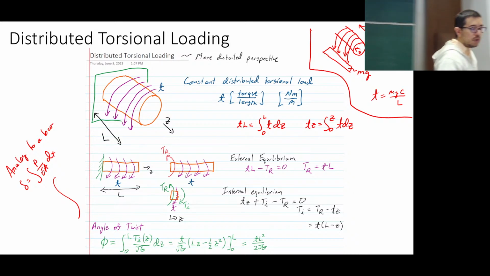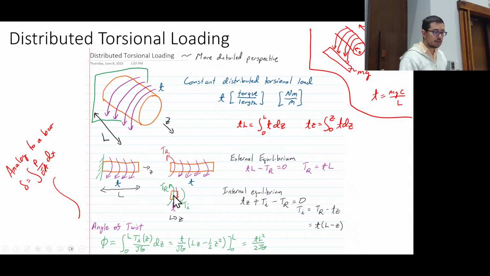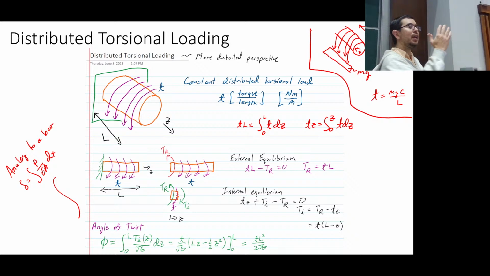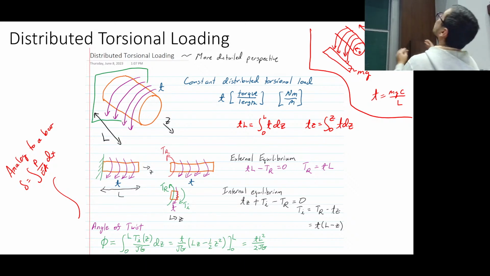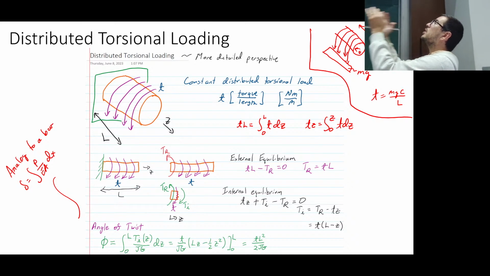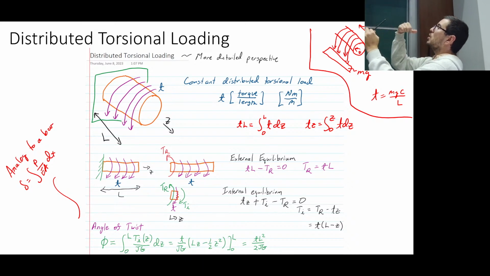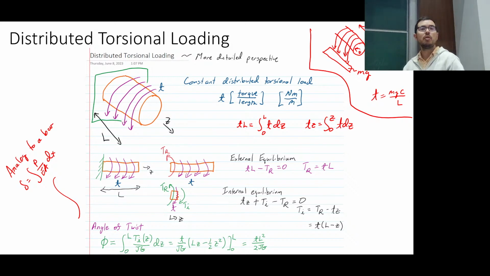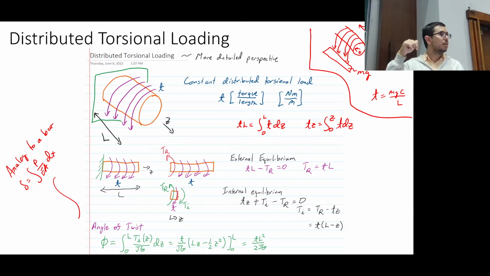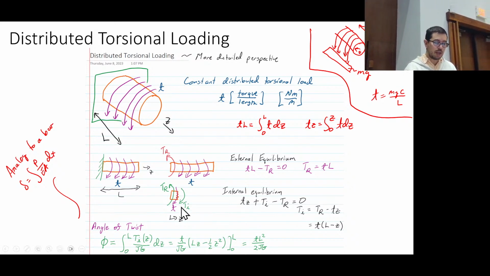Okay. So here we do balance, right? We have an internal torque, and notice that internal torque is following our convention. What is our convention? If we have a surface, a face, am I going the same direction as this? No, this is the same direction. If I'm going the same direction, I've got my face, and this is going to be the torque coming out. So I'm going to define my internal torque to be positive coming out of that face. So I've got this positive torque, and the way I've drawn my little t, it's the same direction, but TR is in the opposite direction, right? So now, using internal equilibrium, we can say that the internal torque is equal to this T times quantity L